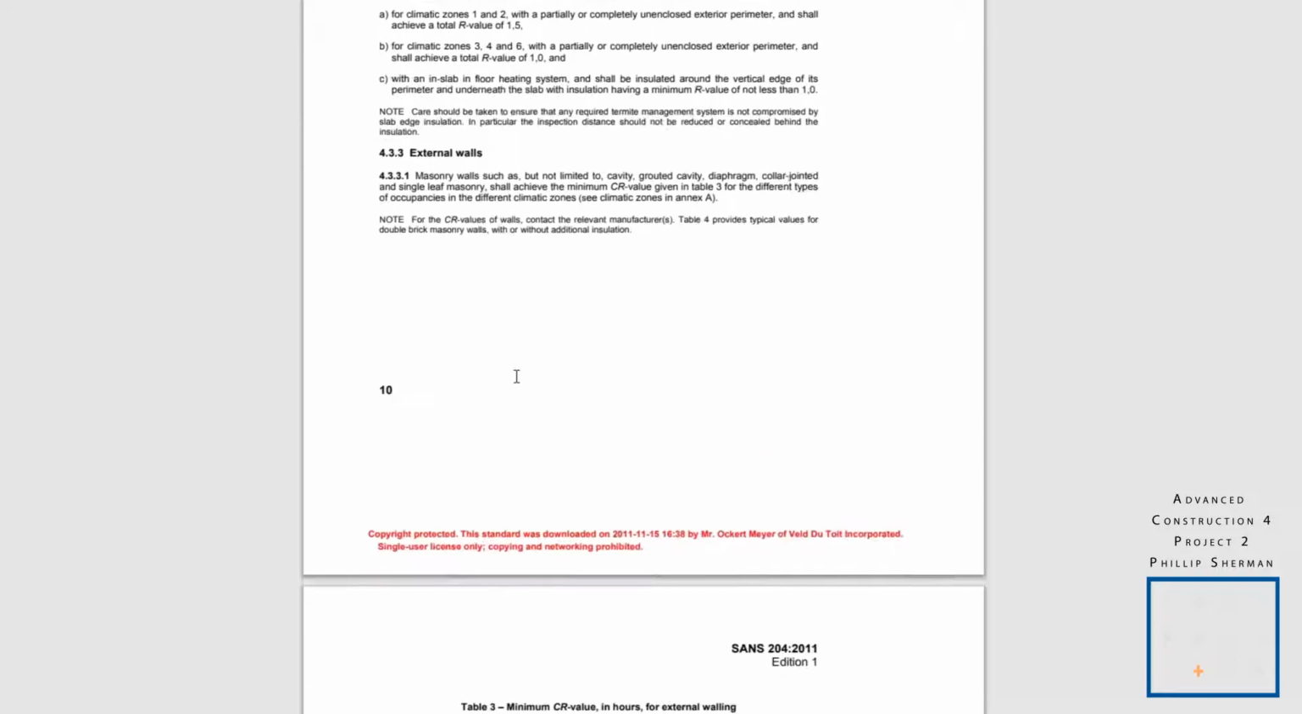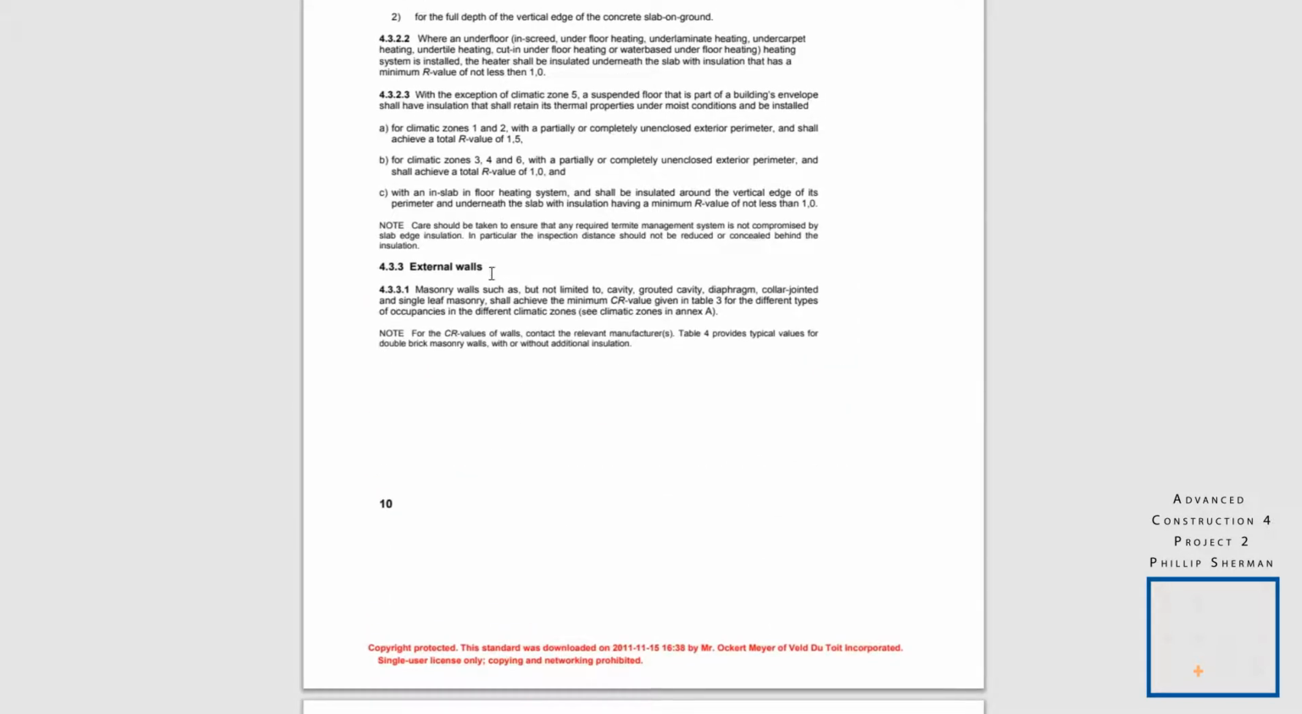Okay, let's go directly to external walls. All right, we are at external walls. External walls such as, but not limited to, cavity, grouted cavity, I-frame, collar jointed, and single leaf masonry shall achieve a minimum CR value given in table 3. Now,